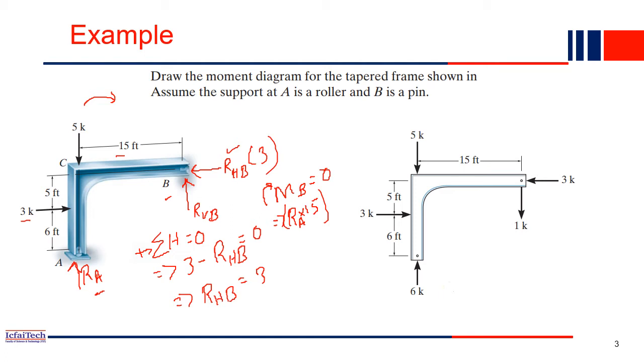We consider clockwise as positive. Now next, you have this 3 kilonewton acting in the anti-clockwise direction. Anti-clockwise means we have the negative, so negative 3 times the distance, which is 5 given. So 3 into 5. Then again this 5 is also acting, and this direction is also anti-clockwise. So minus 5 into the distance, which is 15. This entire thing should be equal to 0.